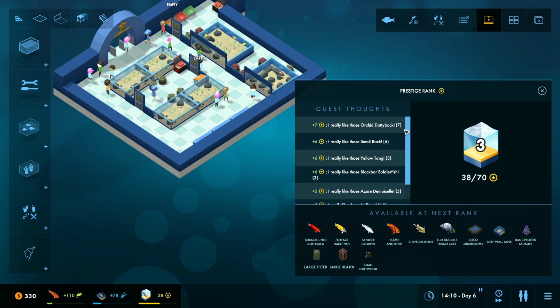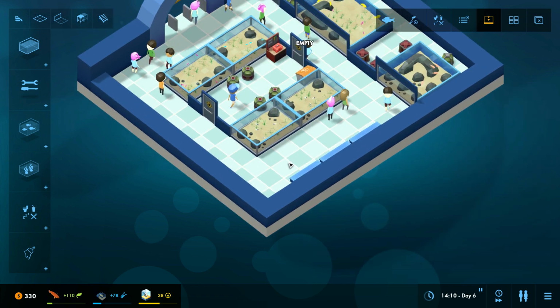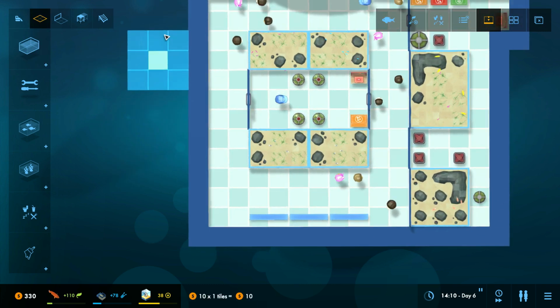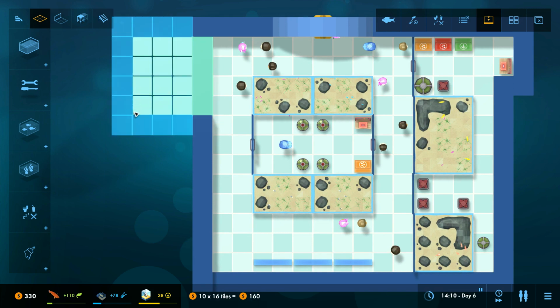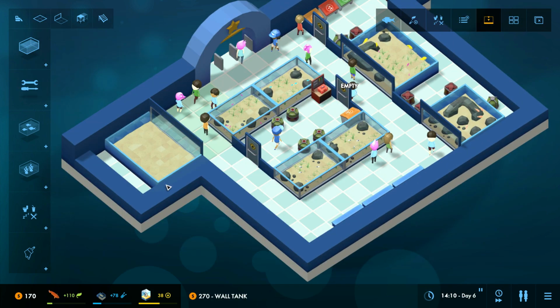I'm still wondering about how I feed back this prestige stuff better. Yellow tangs, actually, it's interesting. They could definitely use a bit more saturation, but yeah, everything I'm seeing here, I actually think we could just do with more tanks. I don't think I want to dilute the number in these tanks. So I think what we'll do is I'll add some more tanks here. And we'll make this quite a big...